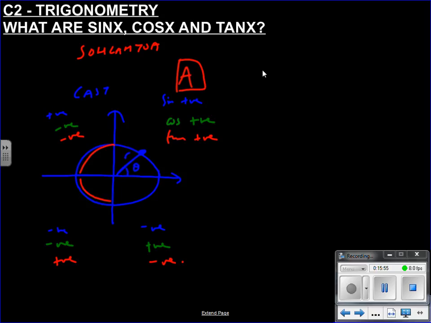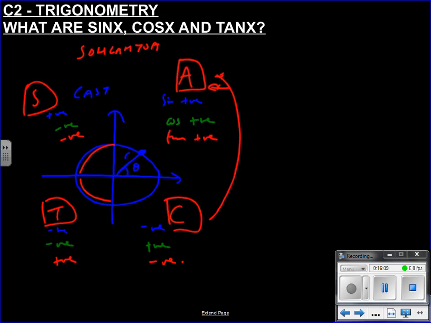So can you see, all are positive here. Only sine is positive here. Only tan is positive here, and only cos is positive here. See? The CAST method. It's really important we understand how this works and why we have infinitely long graphs, because this point P can just keep spiraling around the circle,